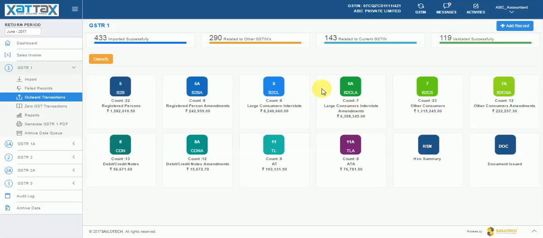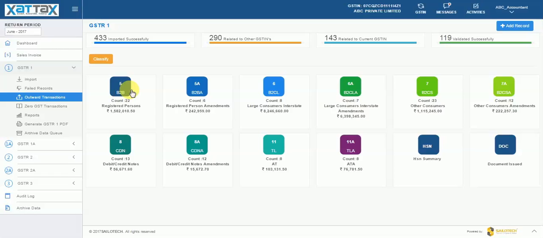If you notice, these records get categorized into different tables here, labeled as 5, 5A, 6, 6A, 7, 7A and so on. There are 22 tables like this that the GSTN has specified for outward transaction returns, which is a GSTR1 return. So, table number 5 denotes the invoices of a registered person and 5A refers to amendments of such invoices.